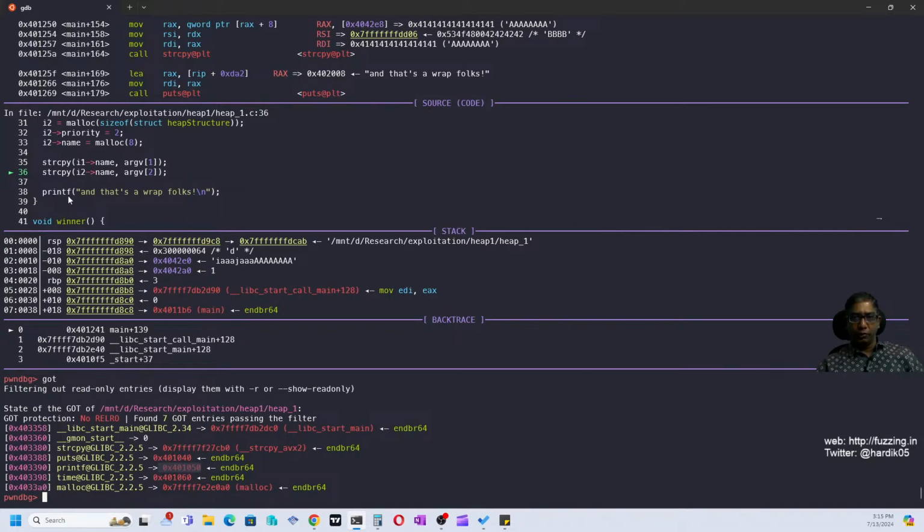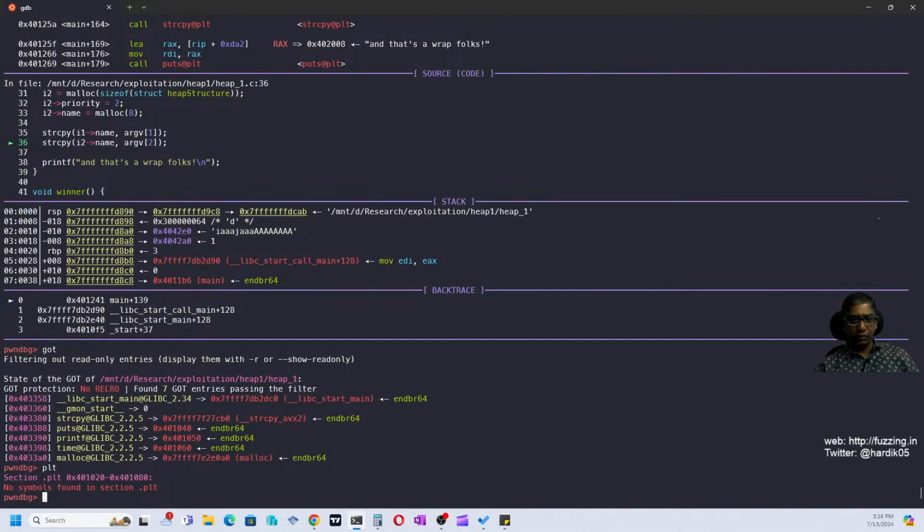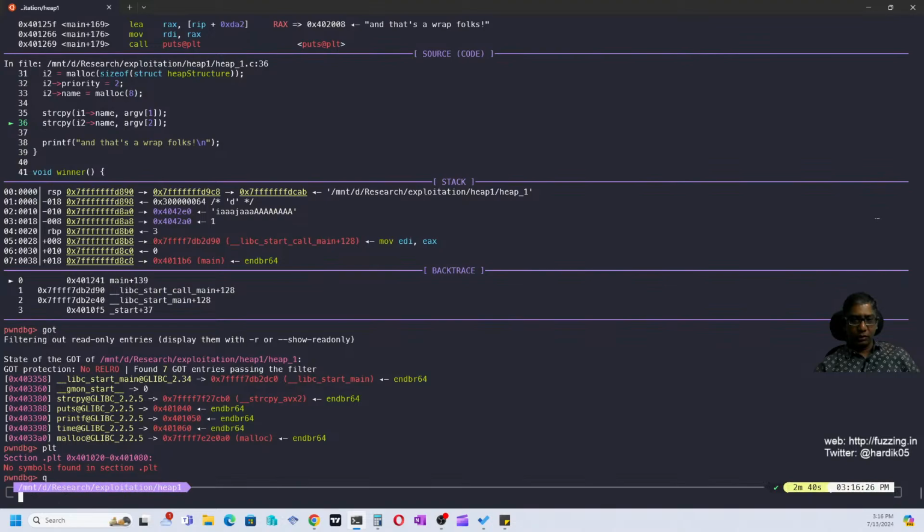of the printf function. If this printf function was not there, then we might need to use something different, but this will make things easy because we have disabled all the mitigation protection over here, so that is fine. Now let's see how we can override this address. I think plt is there or not. Okay, so let's quit, and